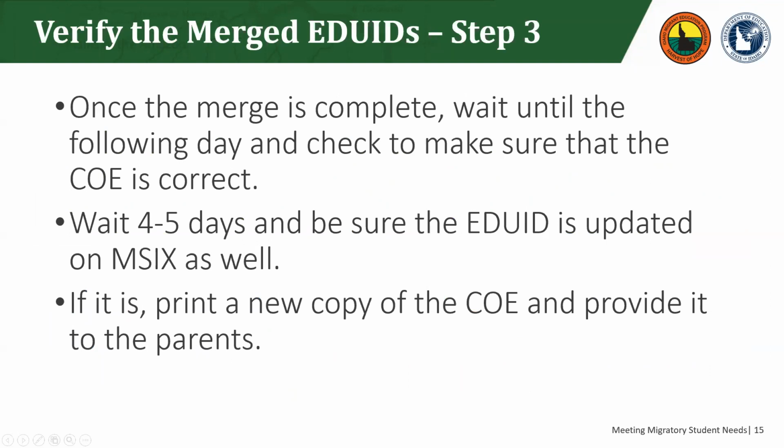There is some follow-up that needs to happen after the correction is done. First, on the day after you are notified through Otis that the correction is made, please verify that the student ID is now correct in MSIS and on the COE. Since we upload to M6 on Monday, Wednesday, and Friday, please also verify that the correction is made there. It takes a day or two for these corrections to be processed, so I'd wait 4 or 5 days to verify M6. Finally, print a copy of the new COE for the cumulative record and for the parents.